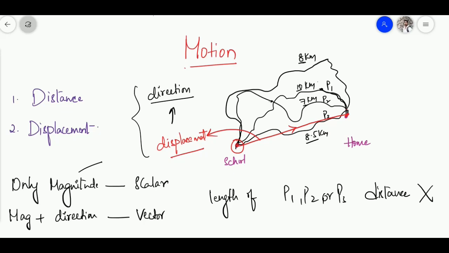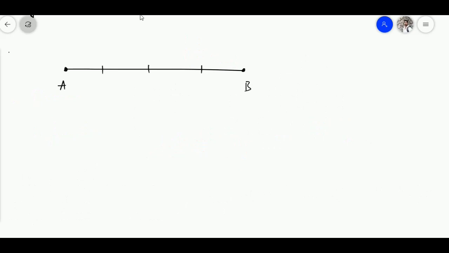But coming to the shortest path, the displacement path, let's say this is the shortest of all the paths, and it is 5 kilometers. So this is the shortest path, 5 kilometers is the magnitude, and there is a direction. You can see the arrow mark, that's the direction in which my home is situated. So the displacement path has both, that's why it is called a vector quantity. Let's say you started from point A and you want to reach point B. I have calibrated the distance between them.